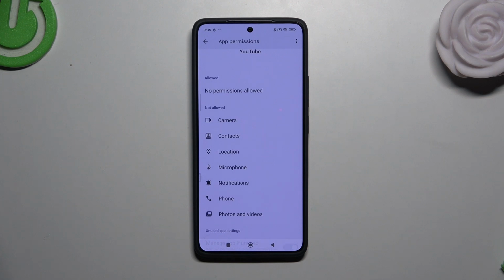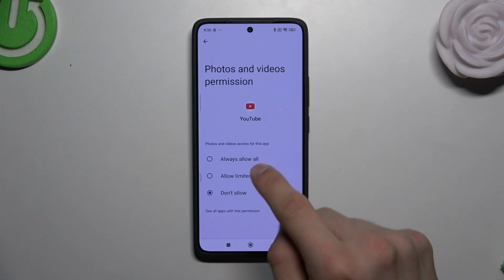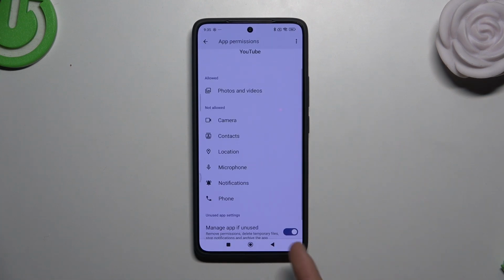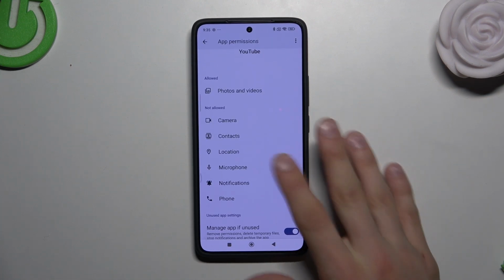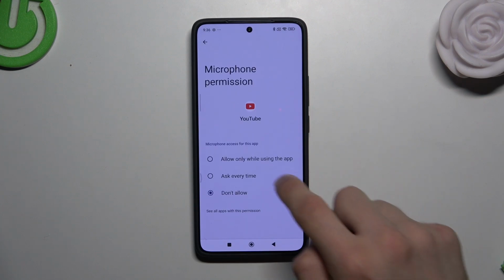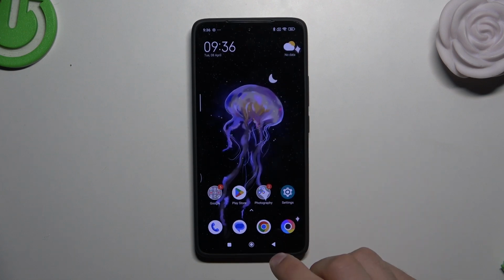And when you choose this, you need to click on Always Allow, and each function you need, you need to allow. So allow this, for example. And if you have allowed all the functions you need and YouTube still doesn't work, you need to go